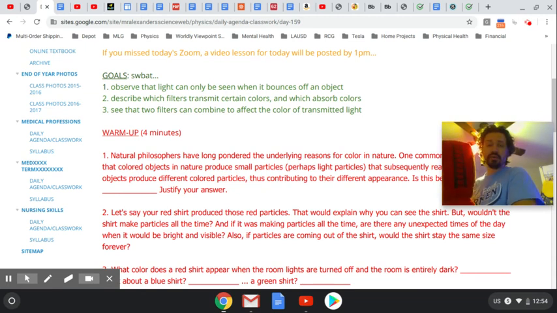If this made red particles at nighttime and emitted them all the time, it would make sense that you would see this just the same way at night as you do during the day, because it's the same truck and it should continue to emit the red particles. And somebody might say, oh, well, during the daytime when the sun hits it, it heats it up and gives it energy, and then it gets rid of some of that energy by emitting light particles. Kind of like when you heat something, then as you let it cool, you feel it radiating.